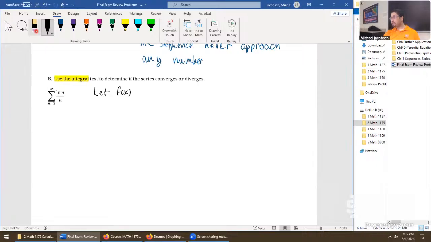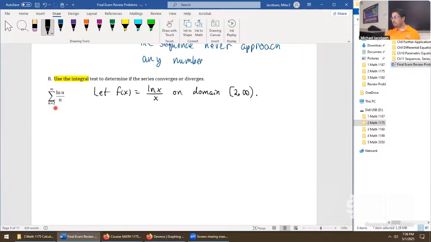Let f of x be defined to be natural log x divided by x on domain. We let the indexing down here tell us what the domain should be. It's weird that it starts at 2, but it couldn't start at 0, right? That's division by 0. It could start at 1, but natural log 1 is 0, so that's an uninteresting term. So we're just starting it on 2 on this one. That's going to give us the first non-zero term. So we go here and say it's domain 2 to infinity.